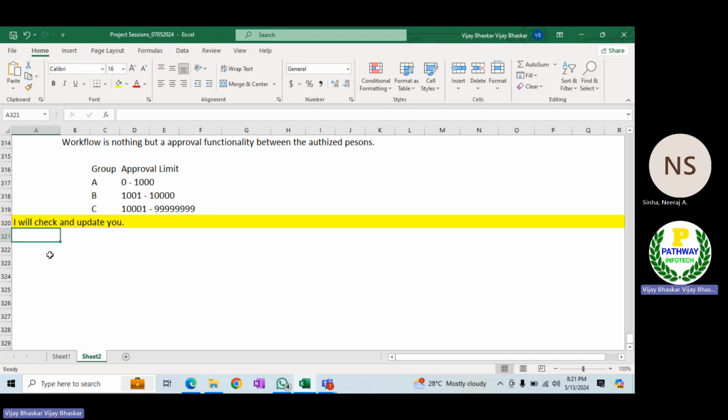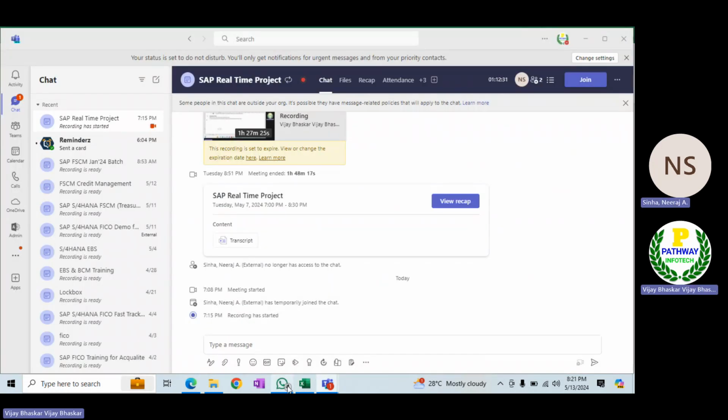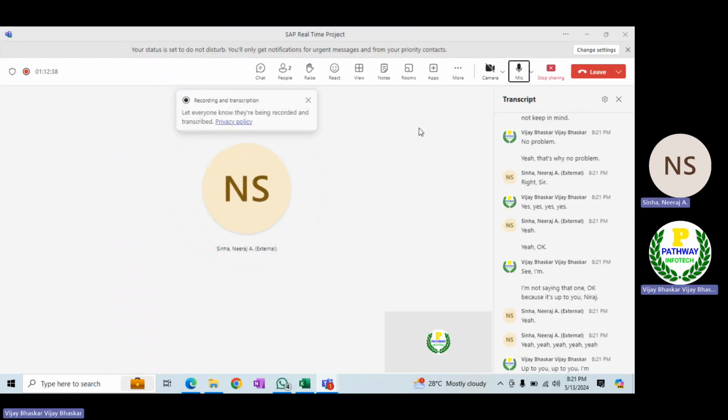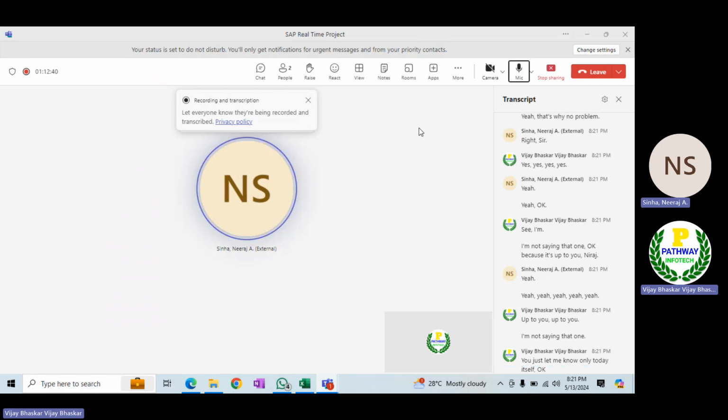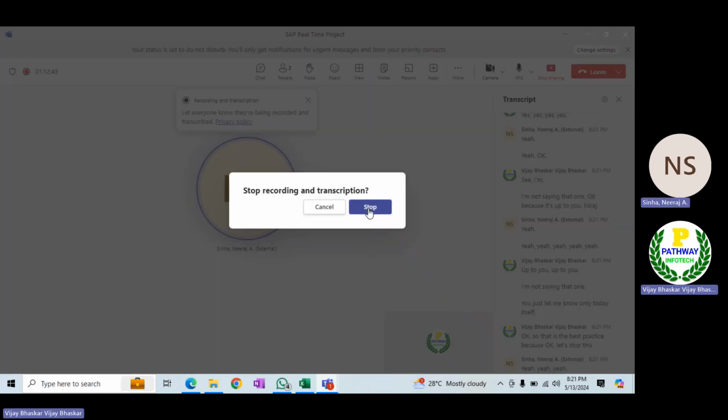Neeraj, is there anything you wanted to know about this one? If you are okay, you can share your screen and show me. No, sir, actually I will go through today's session and make notes. It is very important, sir. No problem, I will not keep everything in mind. It's up to you, Neeraj; you just let me know today itself. That is the best practice. Sir, I have two or three examples for